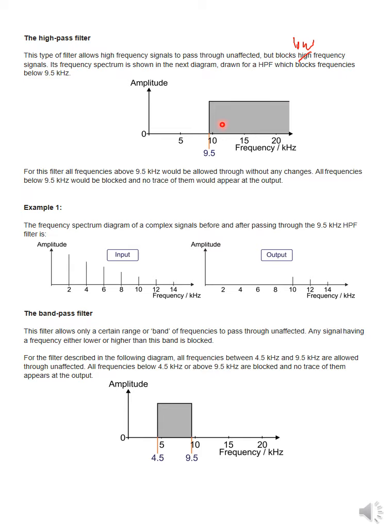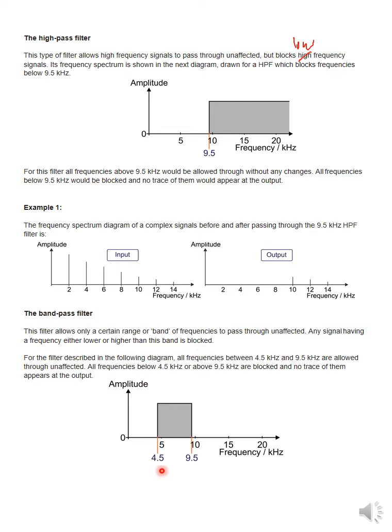The third example is the band pass filter. This filter allows only a certain band of frequencies. With a low pass filter and a high pass filter, you provide a certain frequency, and a low pass passes all the frequencies below it, and a high pass passes all the frequencies above it. But if we want a certain band, let's say I want to pass from 2 to 3 hertz and block the remaining, for that we have to use a band pass filter.